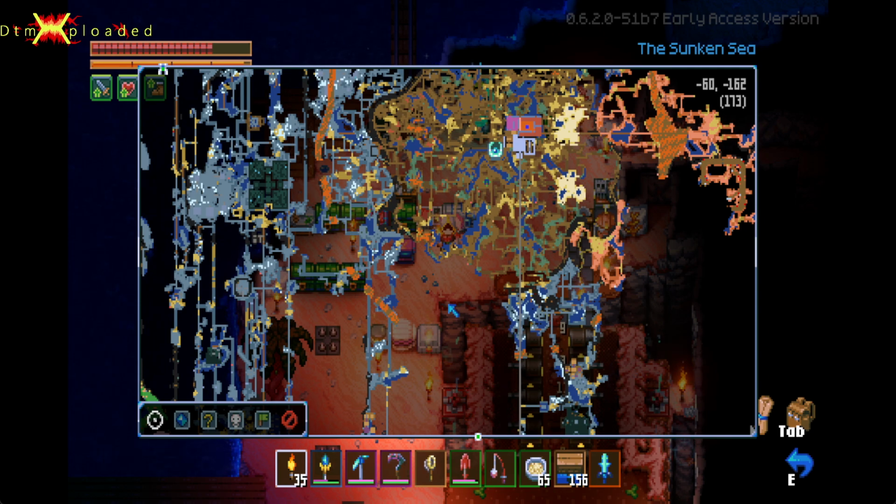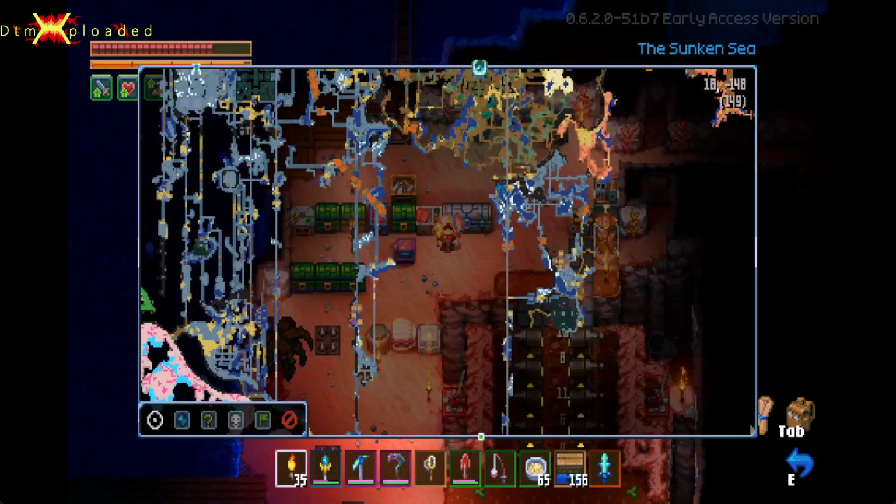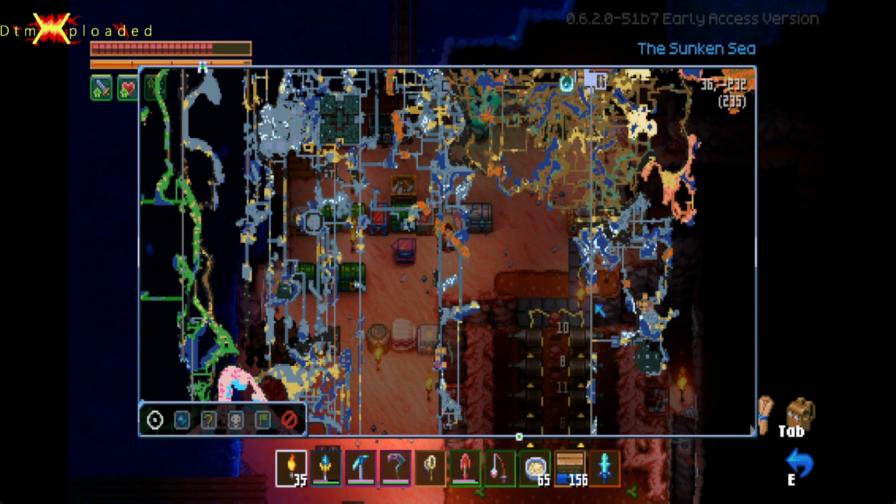So again, legendary indestructible weapon, gives life upon strike. It also gives a lot of HP. Those are just some things that people can go